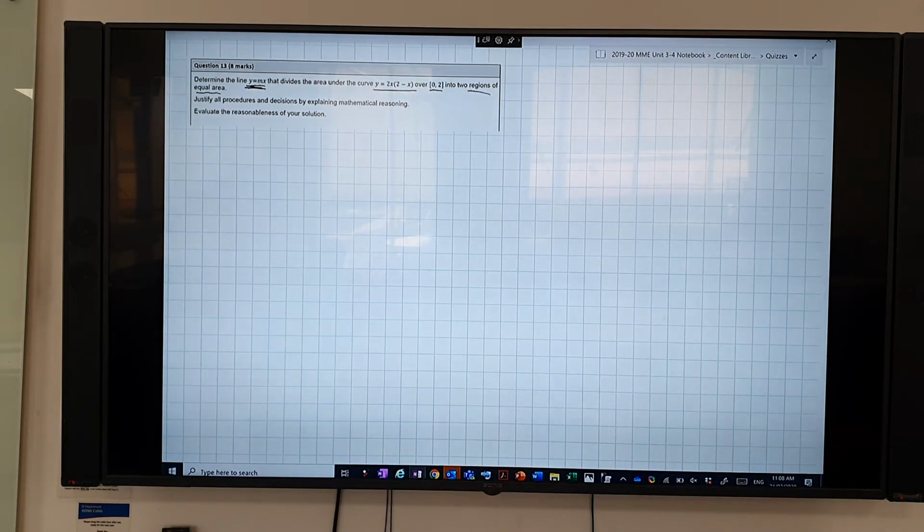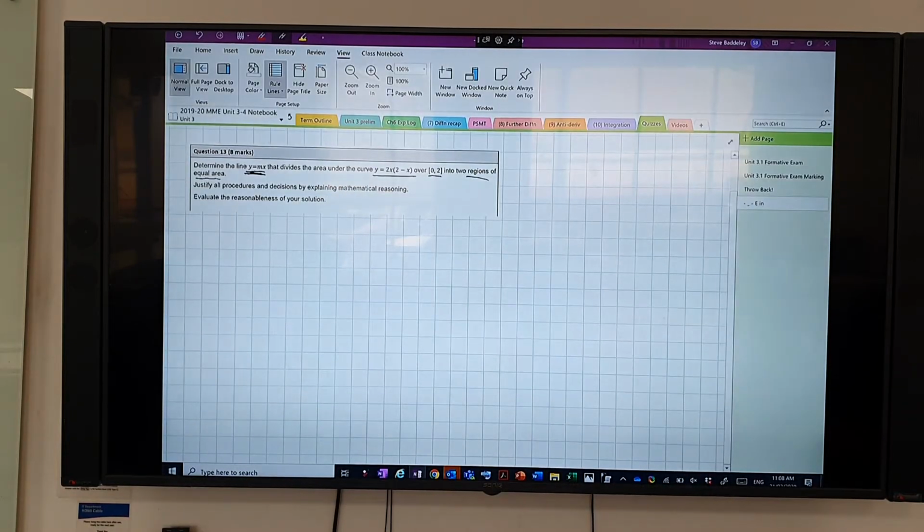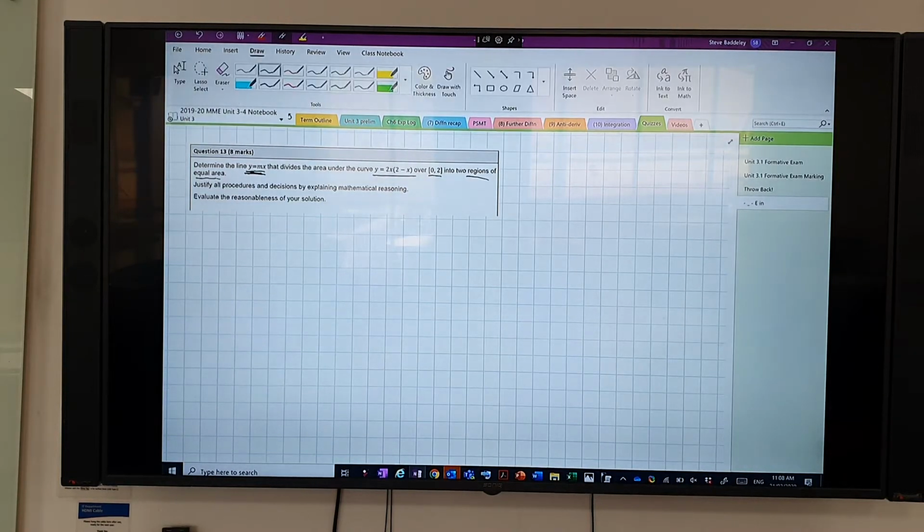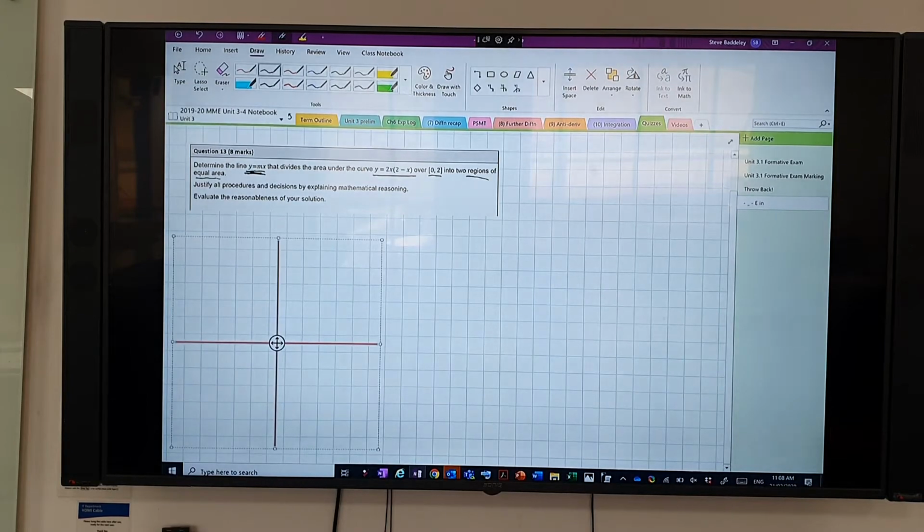So let's have a look. So firstly, what you need to do is put the information in. What I mean by put the information in, you've got to really think about what you're going to do and how you're going to make it as easy as possible. Now, first thing to do to make it as easy as possible is to start drawing it, in my opinion. Now, you might disagree with that, but I think it just makes it so much easier. So first thing I do, I start plotting it.